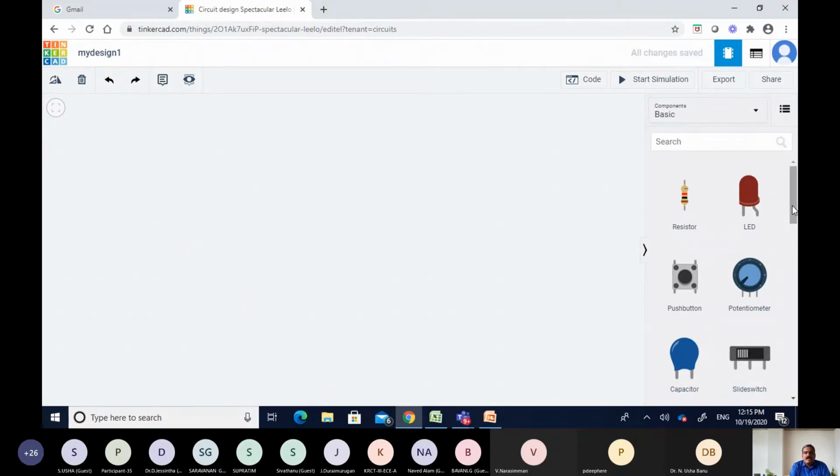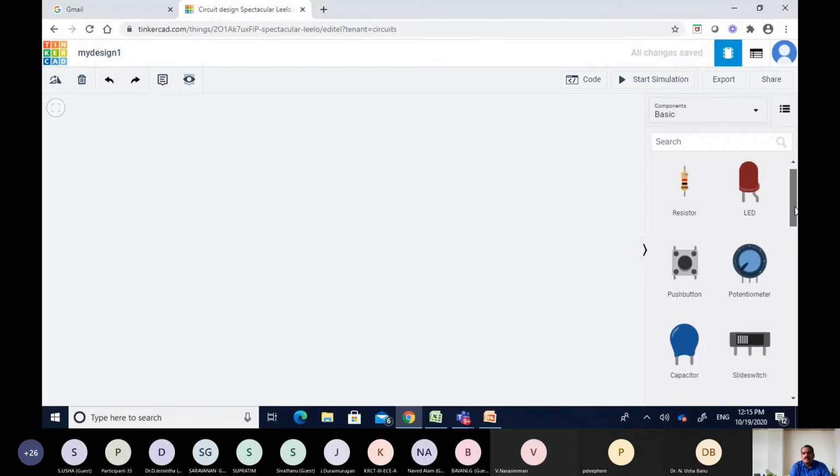As a whole, for a digital circuit, we will have a breadboard, a power supply, the ICs, and a CRO or an LED to view the outputs. If you look at the right-hand side pane, all the devices will be listed in this pane. So you can select whatever devices you require.